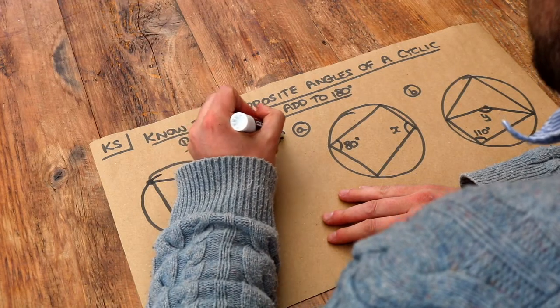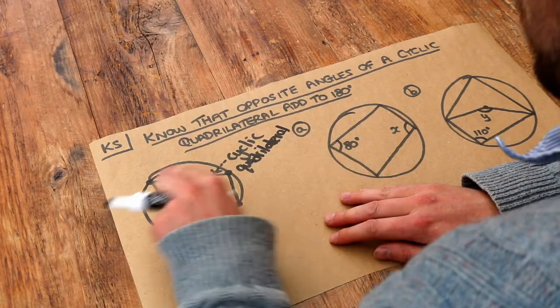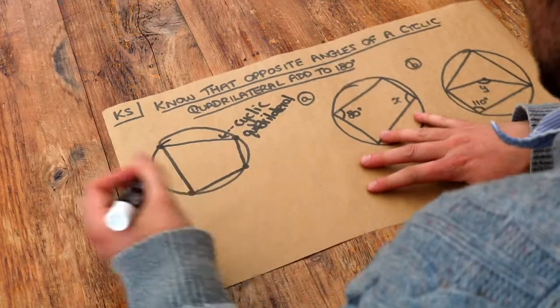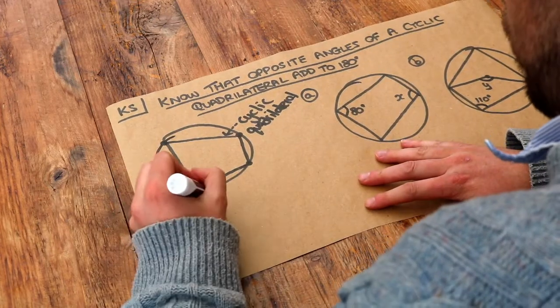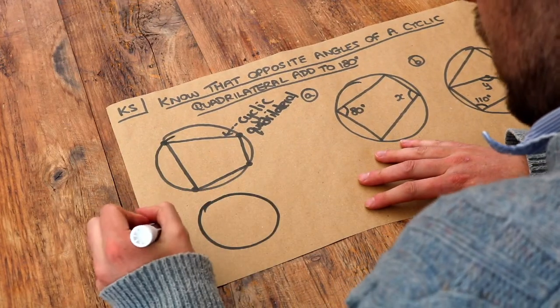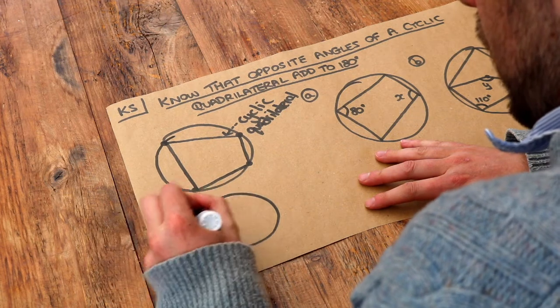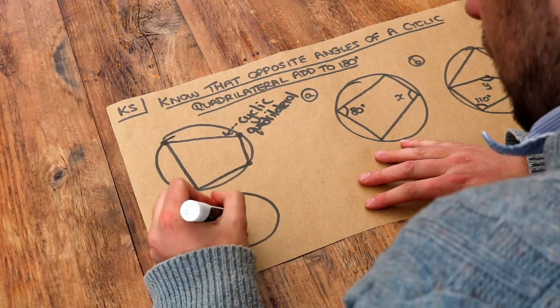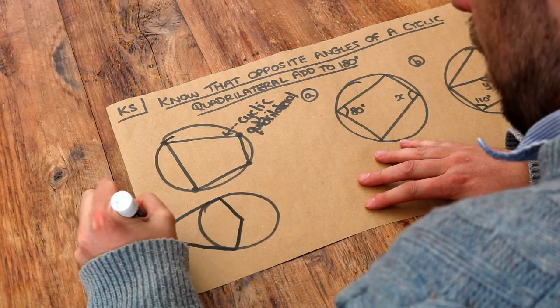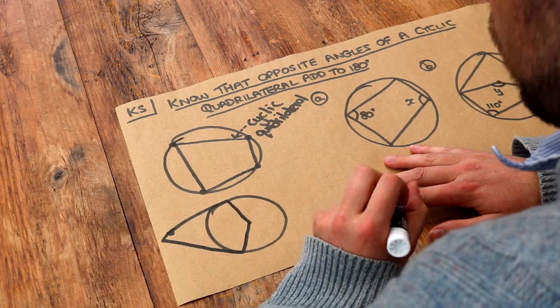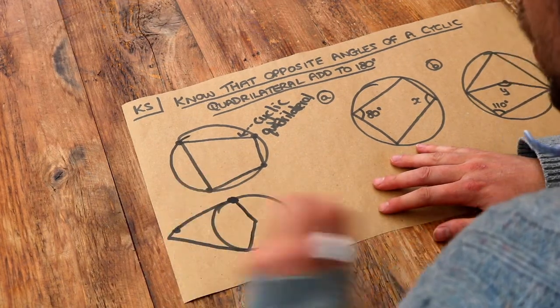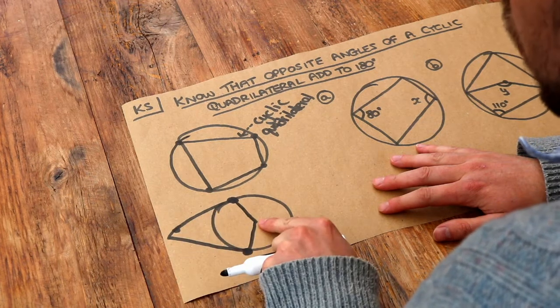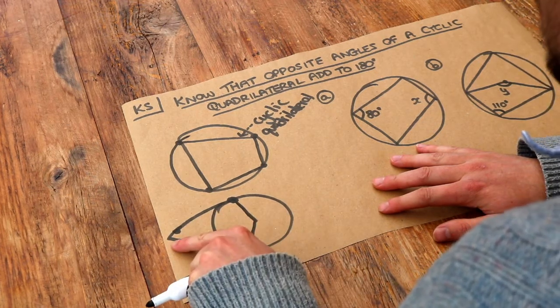Now, that doesn't mean if you have a quadrilateral, a four-sided polygon, that interacts with a circle, it's necessarily a cyclic quadrilateral. For example, if I had, say, a point here, and a point here, and a point here, and a point here, then that's not a cyclic quadrilateral, because while that point's on the circumference and that point's on the circumference, that's not. It's at the centre of the circle, and that's not even in the circle,